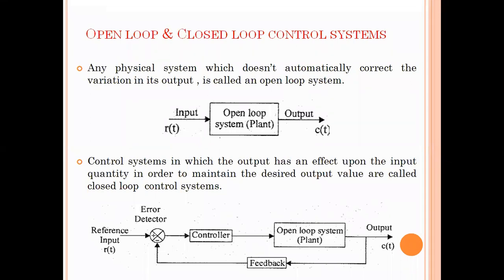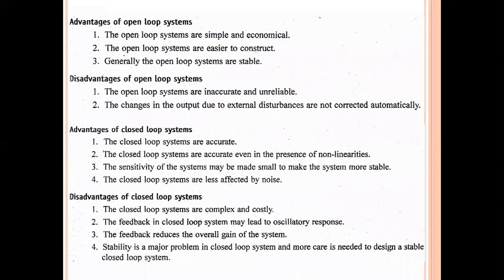Right? So this is about open loop and closed loop control systems and the basic functioning difference between them. However, these two systems have a few advantages and disadvantages with respect to their operation, with respect to their construction, with respect to all the elements. Okay. Now, look at the advantages of open loop control systems here.